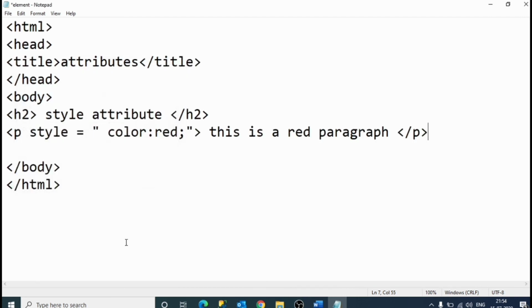I will change the font size so that we can see the code properly. So see, h1 style attribute, h2, p paragraph.